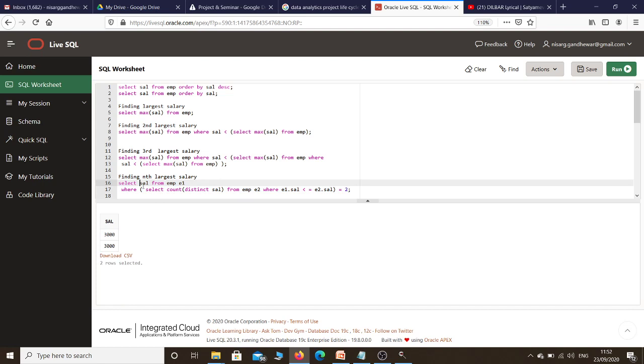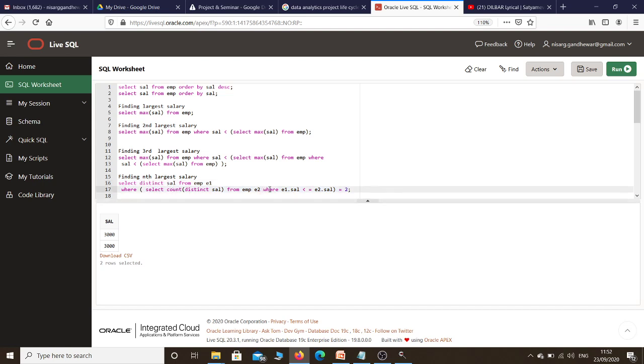I already told you the use of distinct. The distinct clause is used to remove duplicate values from the query result itself. It is not that by using the distinct clause you remove data from the table, but it helps us remove duplicate rows from our result. So if I remove this distinct word, what will happen? Just execute it and check: 3000 is repeated twice, but in this case I want it only once. That's why the use of the distinct clause is important. That's why I use distinct over here and here also.